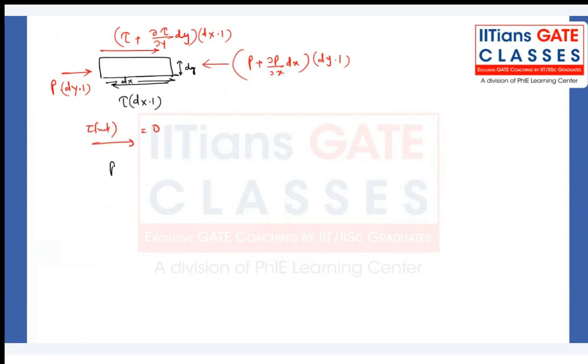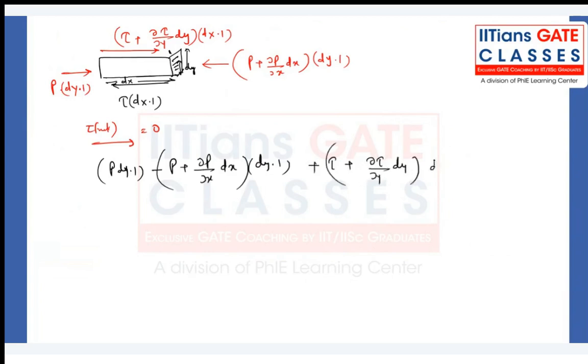P into dy minus p plus dou p by dou x into dx into dy into 1, because the area is what? This is the area, right? Dy into 1 is the area on which it is acting, plus tau plus dou tau by dou y into dx into 1 minus tau into dx into 1. So when you do that, you will get d tau by dy